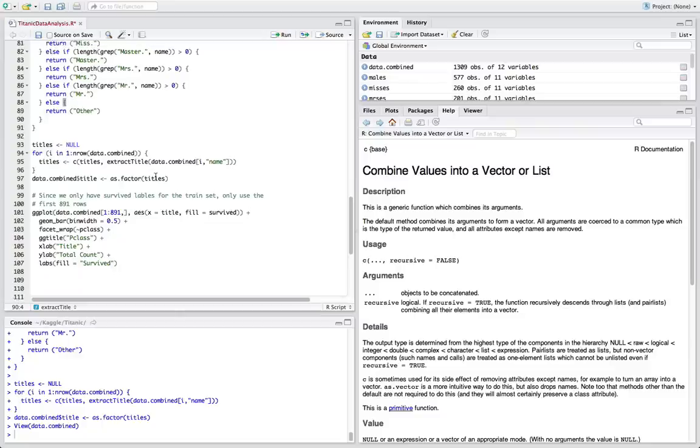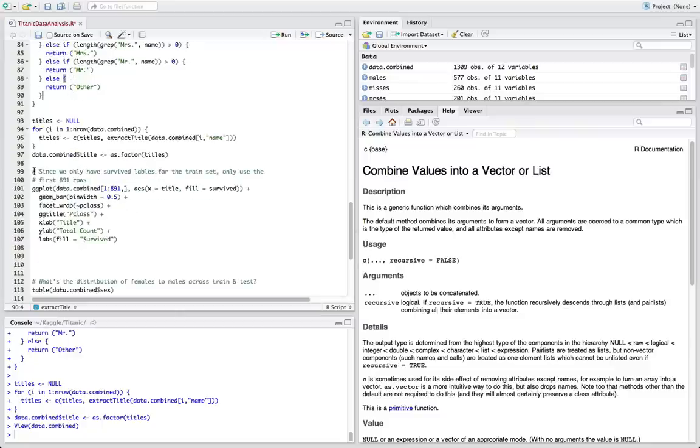Lastly, let's go ahead and do a visualization on that. Since we're interested in the relationship between whether or not somebody survived, what passenger class they were in, as well as their title, we can only use the labeled data, which corresponds to the train data frame, which, if you recall, was the first 891 observations. So we're going to call ggplot again, good old handy ggplot2, and use the data.combined data frame, but only grab the first 891 rows out of the table. Go ahead and grab all of the columns, all the variables, and I want an aesthetic